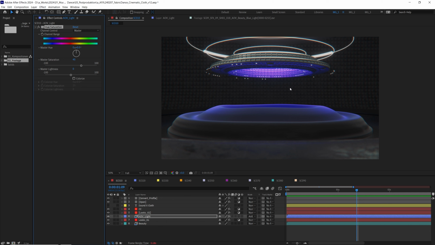Let's say the client needs another color. We do not need to render all of the project again in Snow 4D. And here in Composite we can just change the color of the AOV light layer. Here I have added color balance, and here in hue again we can change this, and we will see how easily the color will change. Let's make this, for example, 60, and easily we have changed the color without rendering everything from the very beginning in